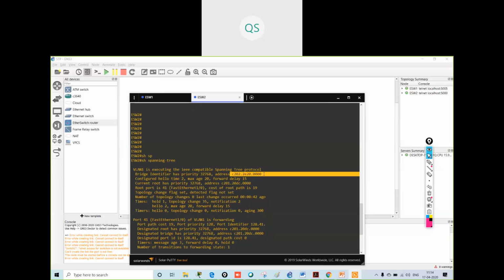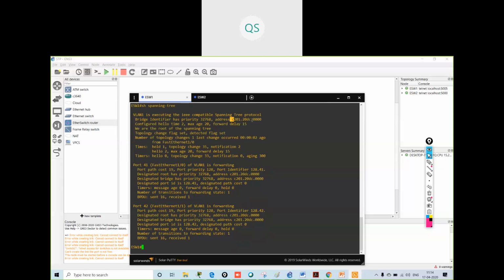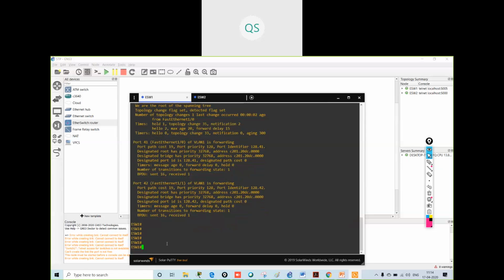This is the MAC address 20E20, and over here it is 20DC. So this is the lower MAC address, so it has become the root bridge.